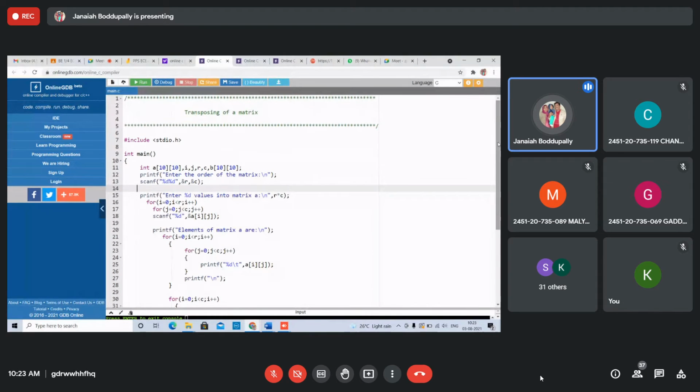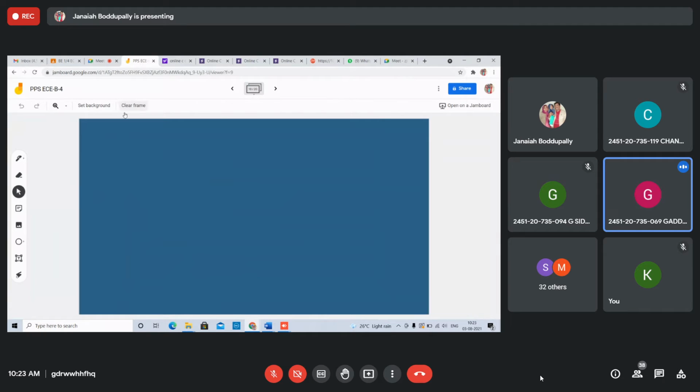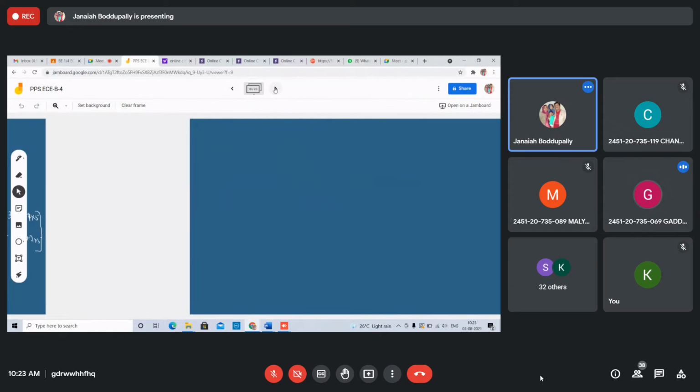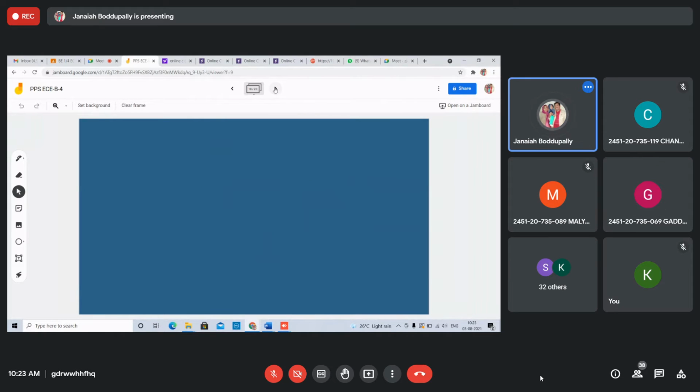Given matrix is symmetric or not? What is a symmetric matrix? Any one of you? Number of rows is equal to number of columns. A transpose is equal to A transpose equals A. Yeah, symmetric matrix. Very good. Who is that? Sai Kumar. Right, A transpose equal to A, that is called a symmetric matrix.